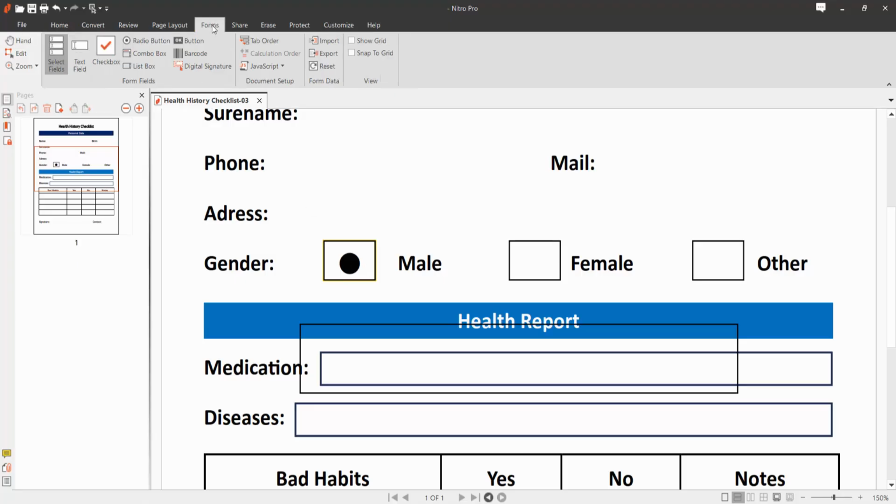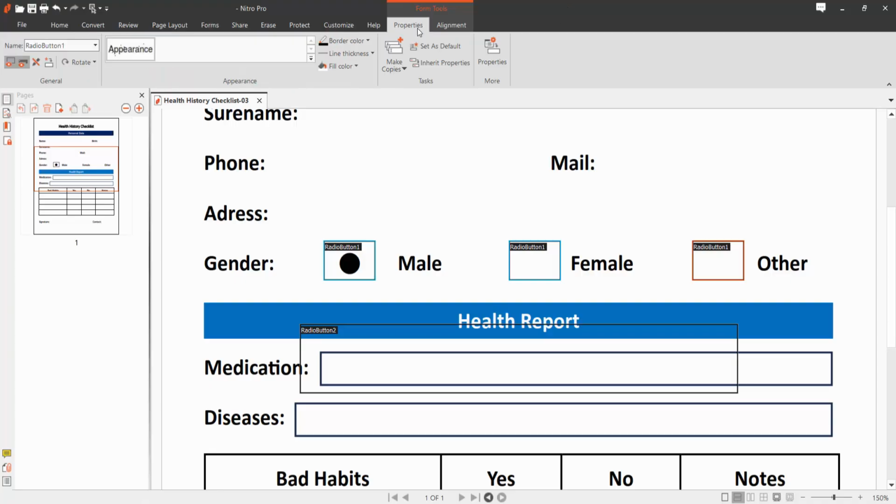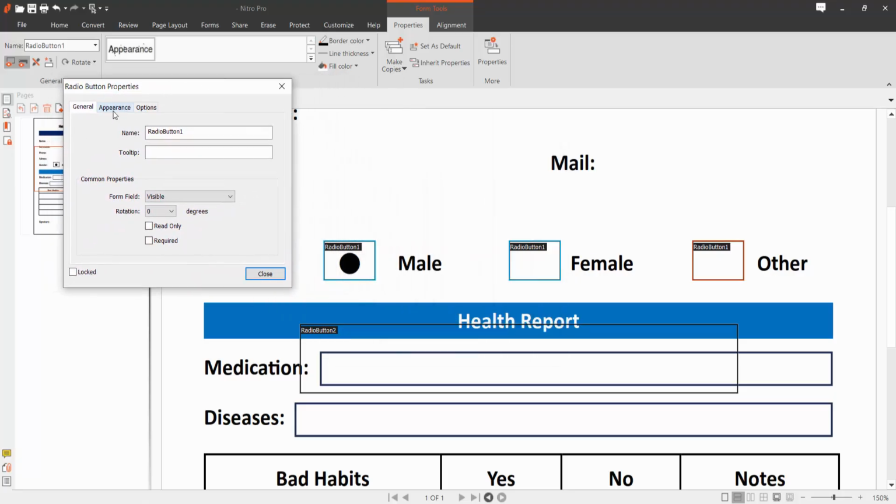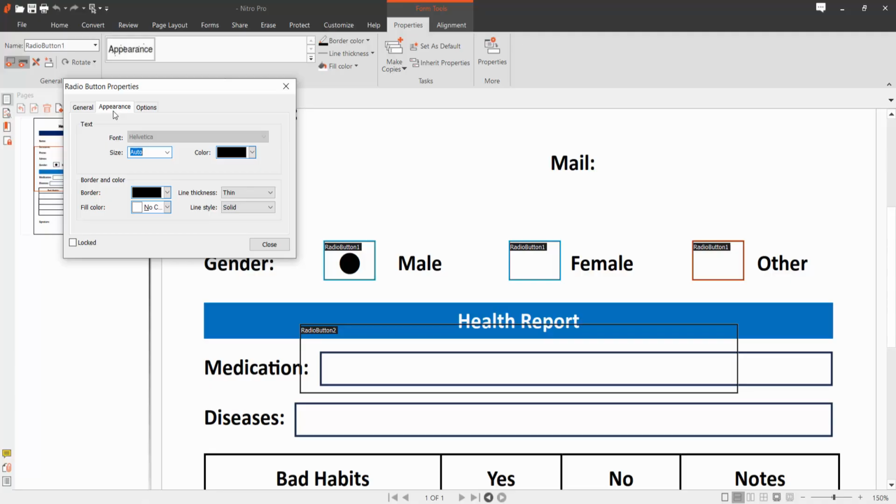Now select the form option and select the field option, and drag your mouse cursor to select all of them at once. Now select the properties dialog box, this bar, and here you will find the properties option. Now click here, and in the properties dialog box go to the appearance option, and this is the radio button symbol color,